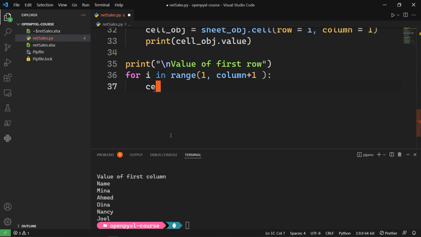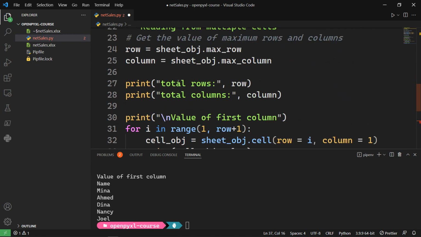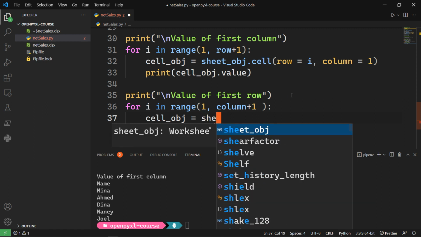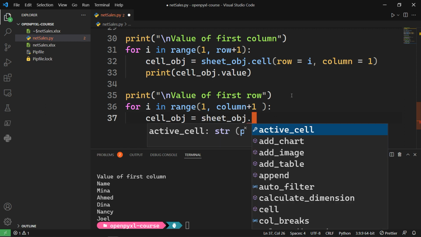I want to again create a cell_obj variable, and don't worry, this is just private to that for loop, so it's not public. It won't affect anything with the same name. Next, I will take the same thing, sheet_obj dot cell,